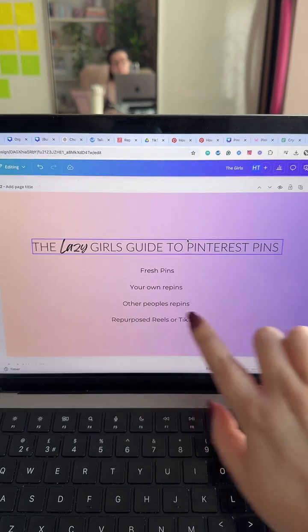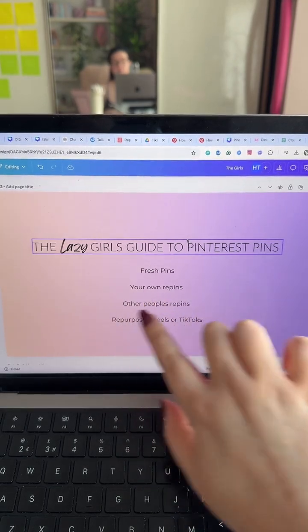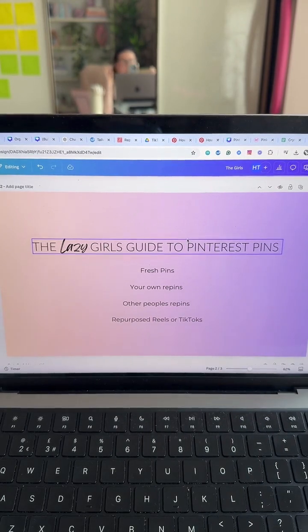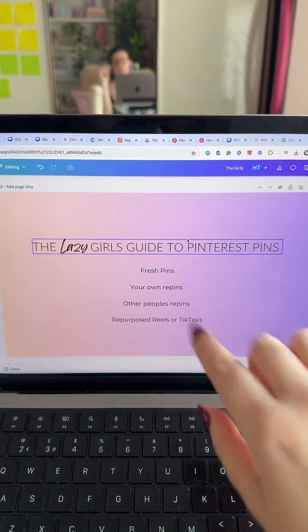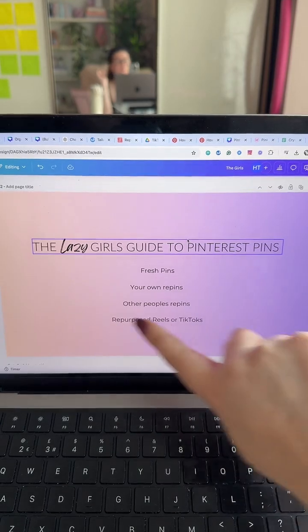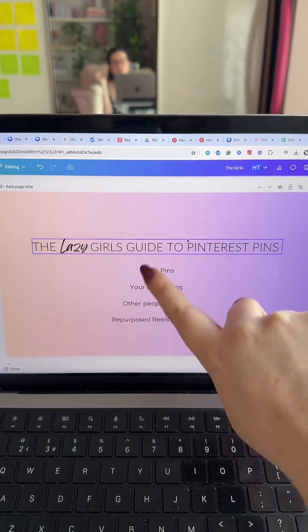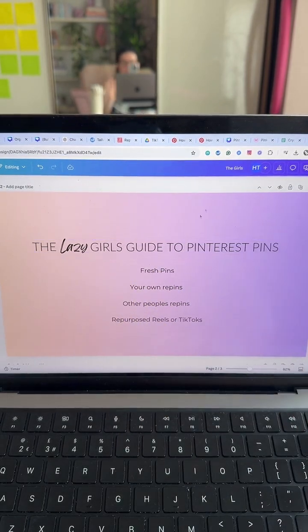Don't forget to repin other people's pins. I know we haven't spoken about that today. I do have some tutorials on that in my playlist over on my profile in the Pinterest tutorials, so check that out. And of course, you're going to repurpose Reels or TikToks automatically, or just download and then upload to Tailwind. So can you see how, I imagine this is probably very overwhelming if you're not used to Pinterest, but when you start to get into a habit of doing this each month, it takes no time at all. It really doesn't.